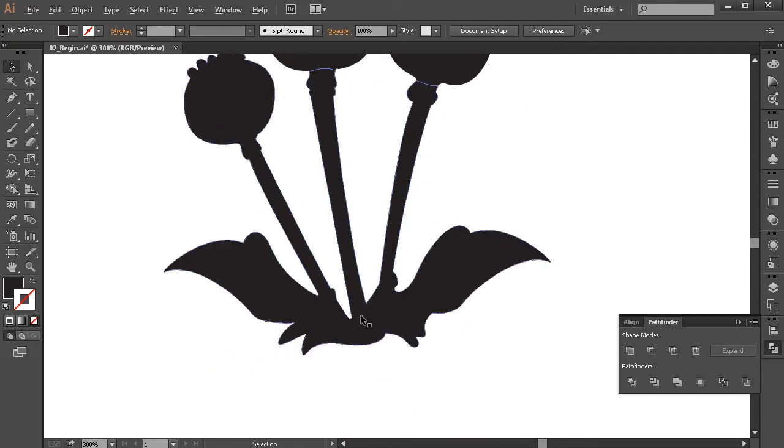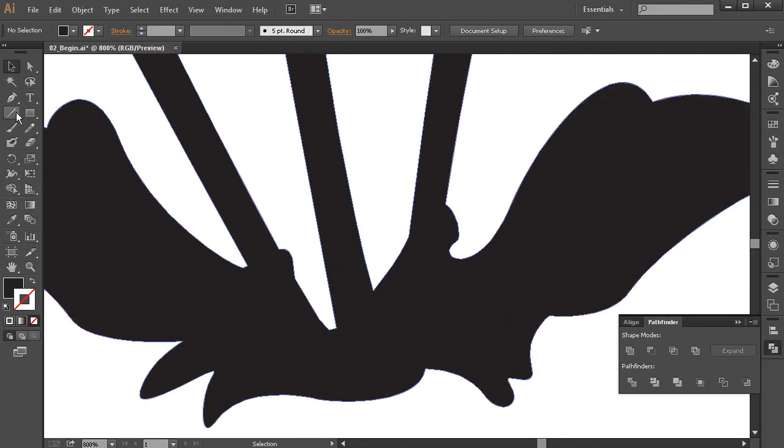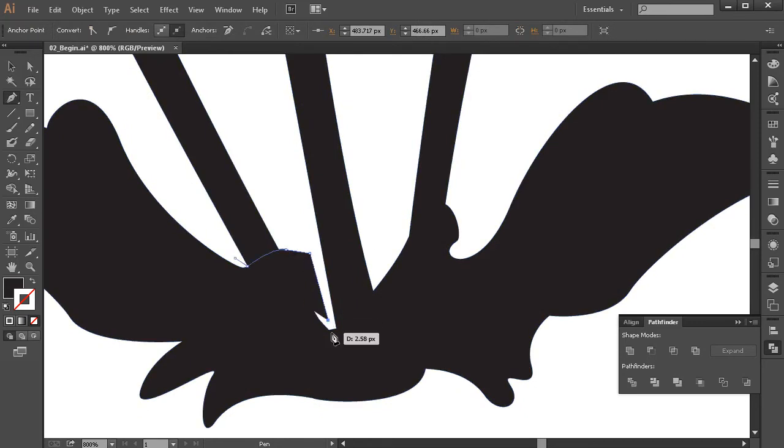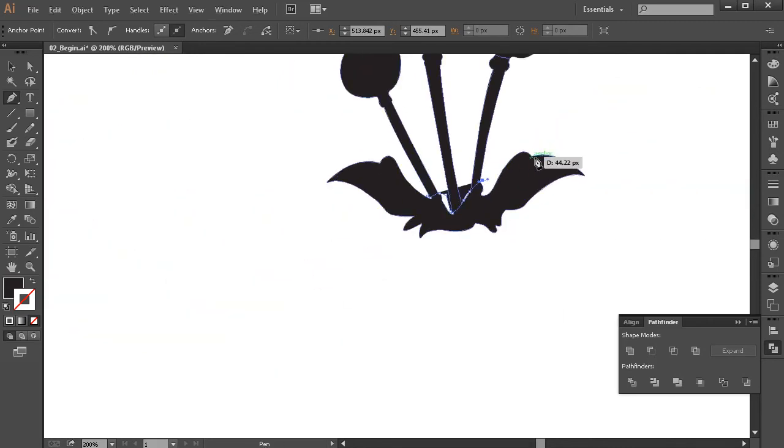Now let's come down here. This one's going to be a little bit more tricky. So I'm going to grab my pen tool, and basically what I want is a way that I can get these stems isolated from the leaves. So this is almost a little bit of a twofold process in that I want the leaves and I want the stems. So